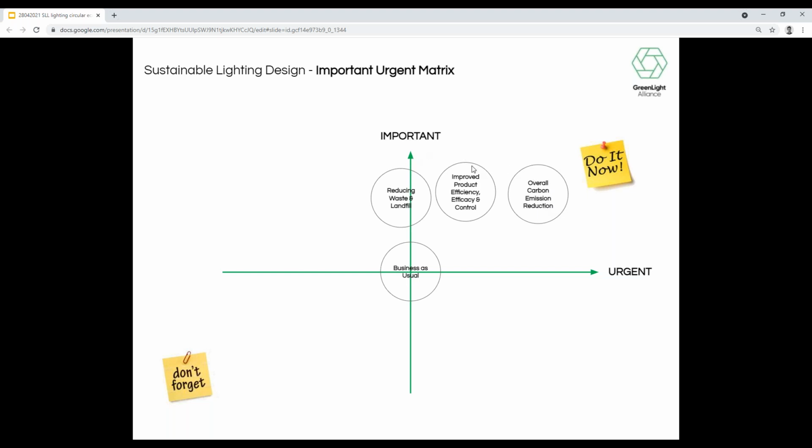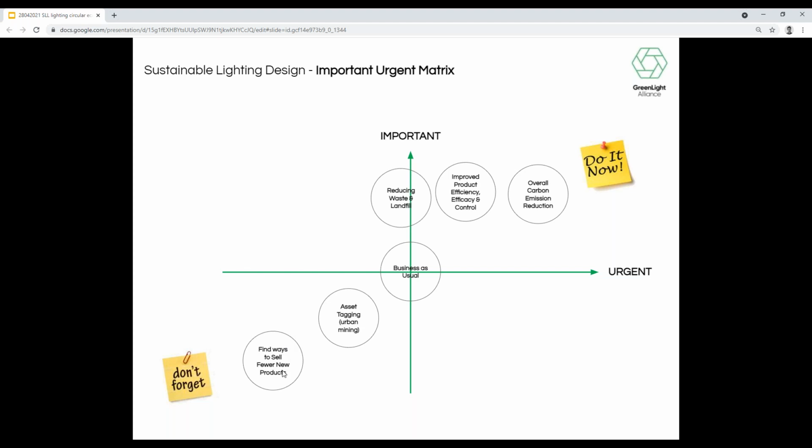And as I just mentioned, ways that that's being addressed are improved efficiency and improved efficacy and control of products. And there's also, with companies like Recolight and other producer compliance schemes, the reduction of waste and landfill, so trying to stop products ending up in the ground and keeping them at their useful levels. So those are broadly accepted, but at the other end of the matrix, things which largely get left on the shelf for a while